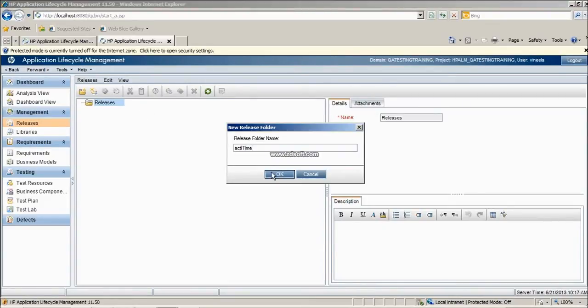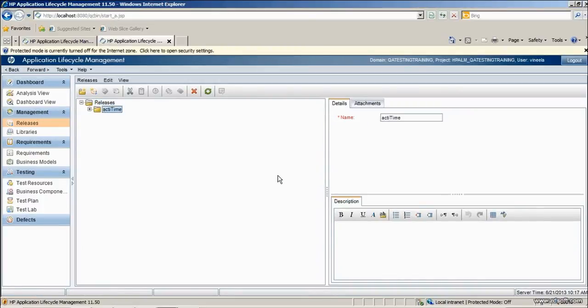We say Acti10. So we have one project with us, and we want to go and develop that application. That application, that product name is Acti10. We are saying it is the Acti10 release. As soon as you create a release, it will be displayed here on the right side section. You see the details tab displayed for that release folder.